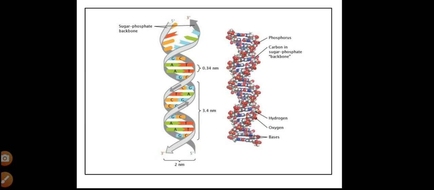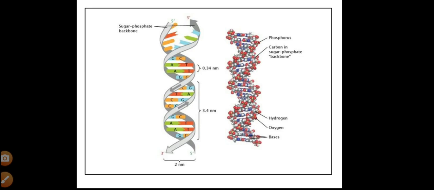Okay, and moreover the purines and pyrimidines must have some hydrogen bonds. That is why they can fit in 20 angstroms width. Okay, so there must be some hydrogen bonds. Here adenine and thymine are complementary to each other. They have two hydrogen bonds. Guanine and cytosine are also complementary. They have three hydrogen bonds between them.